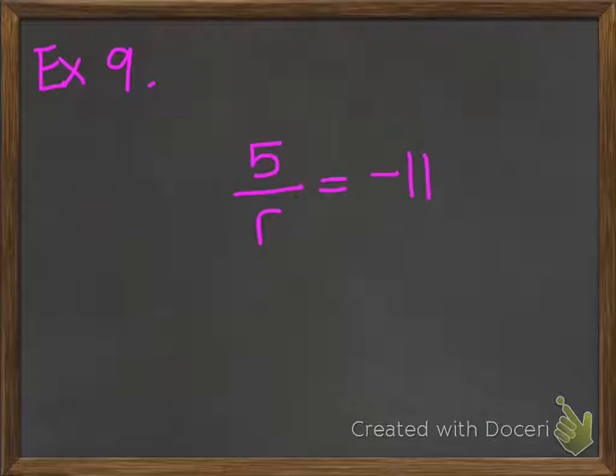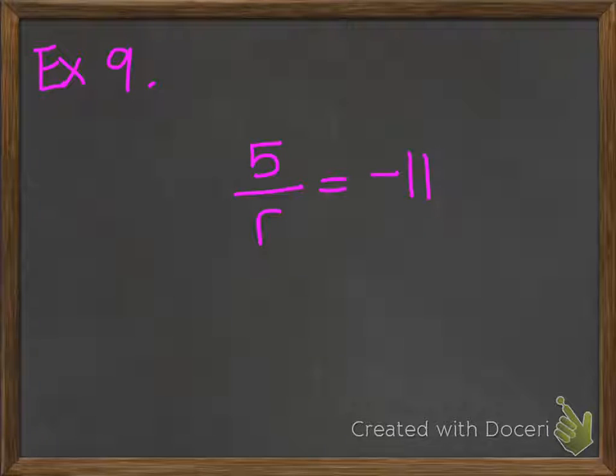Alright, in this very last example, I notice that I have a variable on the left side of the equation, but it kind of looks different than the other ones I've done so far with division. The reason why it looks different is I notice right away that the variable is in the denominator. I don't really care to work with the equation like this. And so one thing that I can do is rewrite this equation so that the variable is